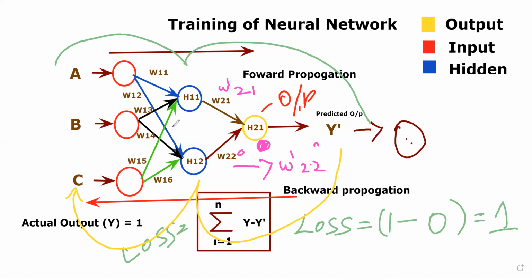So this is how we train a neural network. Initially we will be sending our input to hidden layer to output layer, and then we will be calculating our loss function. If the loss is very high, to minimize this loss value, which is calculated from this formula y minus y dash, we will be back propagating our model again from output to hidden layer to input. And when we are back propagating, we will be changing the weights of all the neurons.